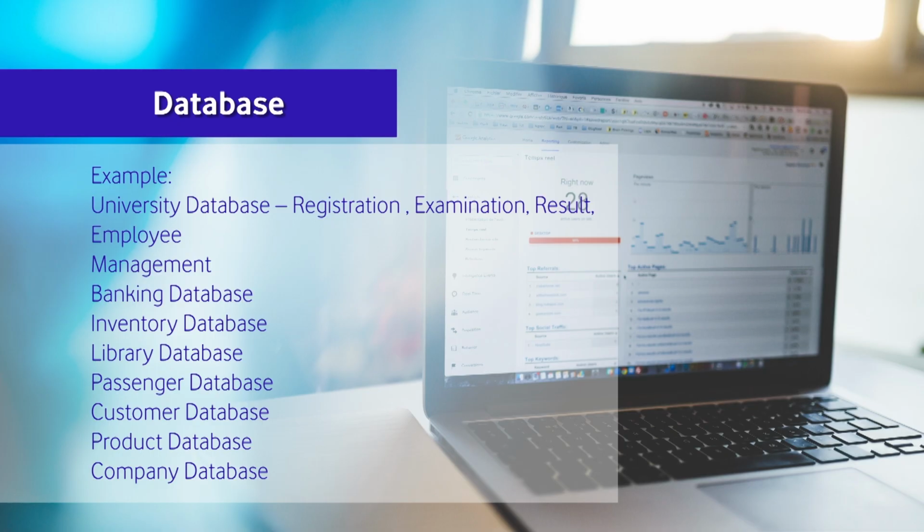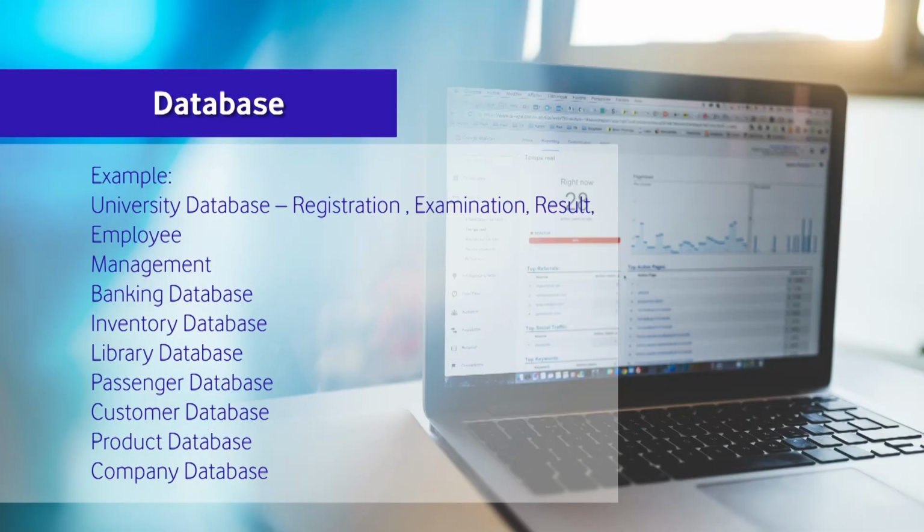Similarly, banking database and inventory database, if there is a specific business organization which is managing different kinds of inventories for the purpose of transportation or sale or distribution. So, how actually that inventory management will be done, for that a database can be used. Library management. Similarly, passenger database, as I discussed earlier in this session, if we are talking about a railway reservation system, we have a lot of data associated with that, and that is a best example of a large database that is being managed by a specific management system.